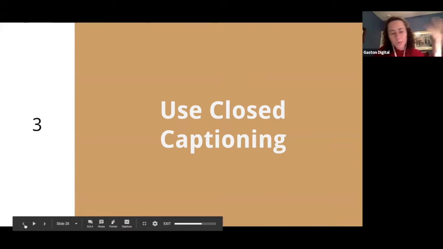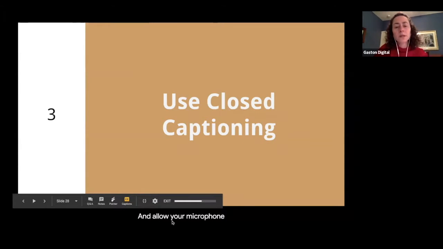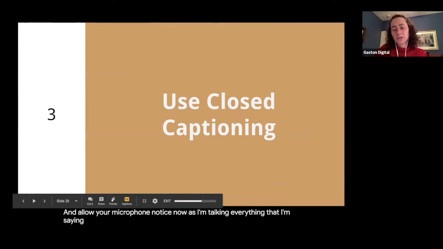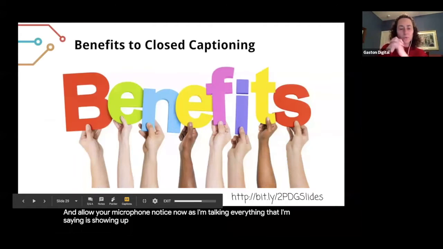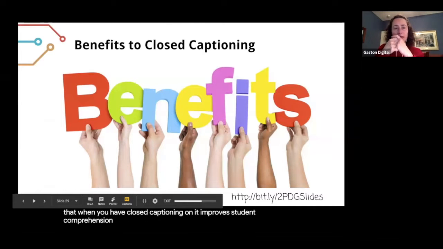Normally you go forward or backwards when you're presenting or teaching, but now you have the closed caption ability. So when you click that and allow your microphone, notice now as I'm talking, everything that I'm saying is showing up. So why is that important? There is research showing that when you have closed captioning on, it improves student comprehension. And I heard on the radio yesterday on the way to work that more people are even turning